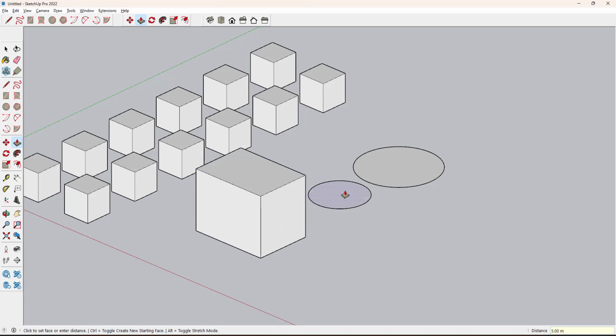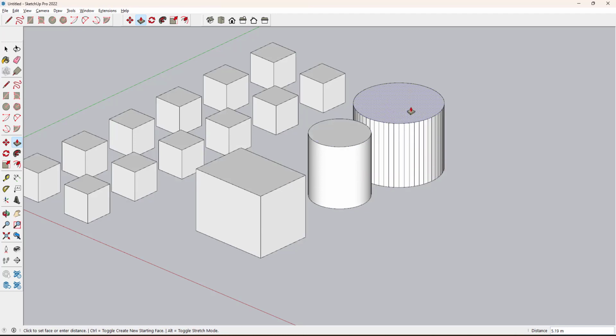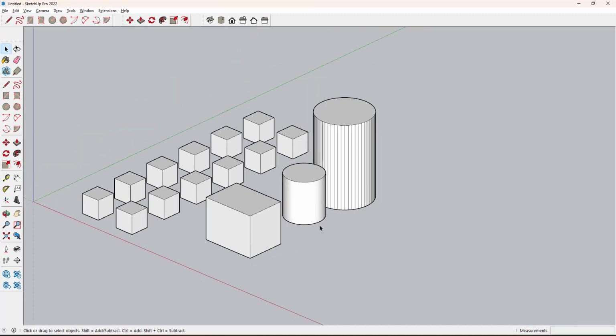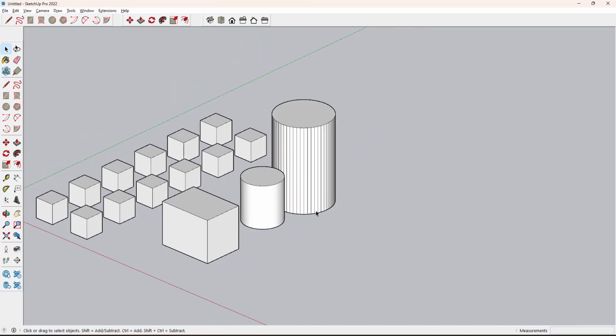Next, same way, click this face. Either you give the same distance or a different distance. So if you want to give the same distance of the rectangle, you can track like this. On the edge you can keep. Same way I am just pushing it and dragging this one or this one, or else you can give the amount 10, enter, and come out of the running command by pressing space. So this is how you work with the push command.